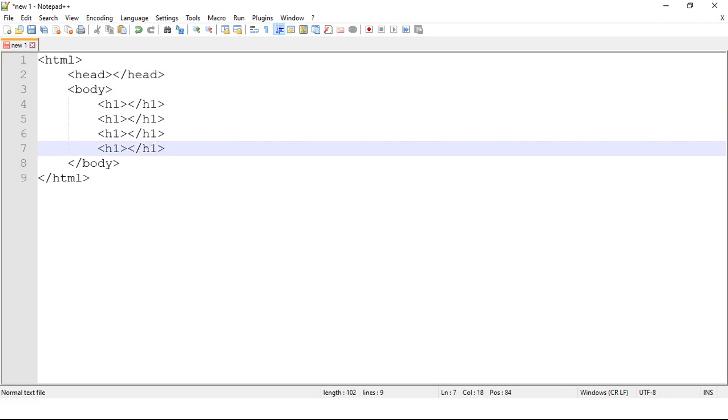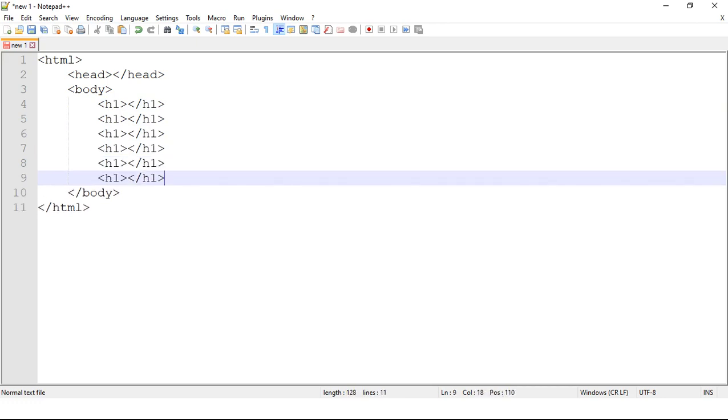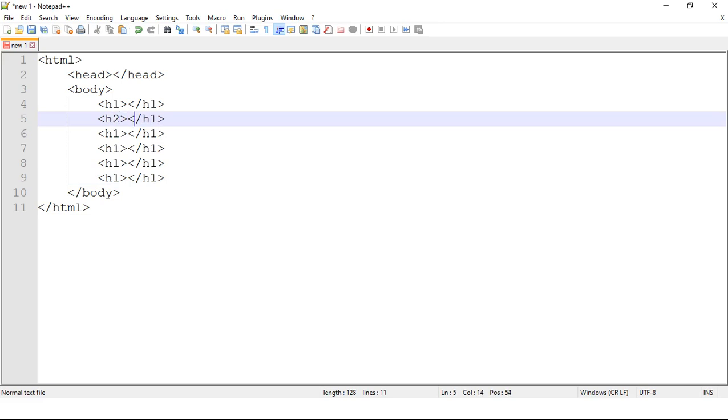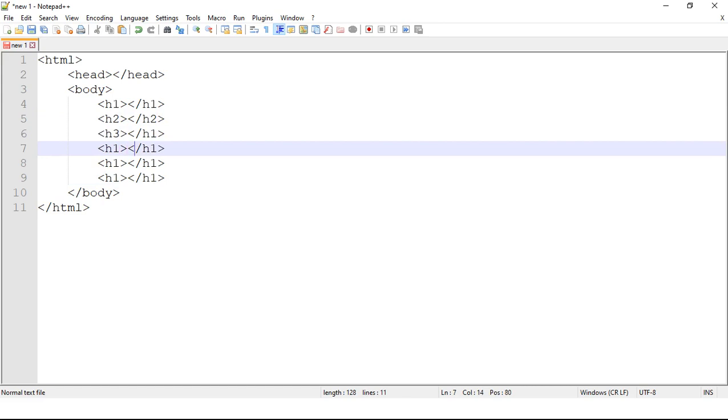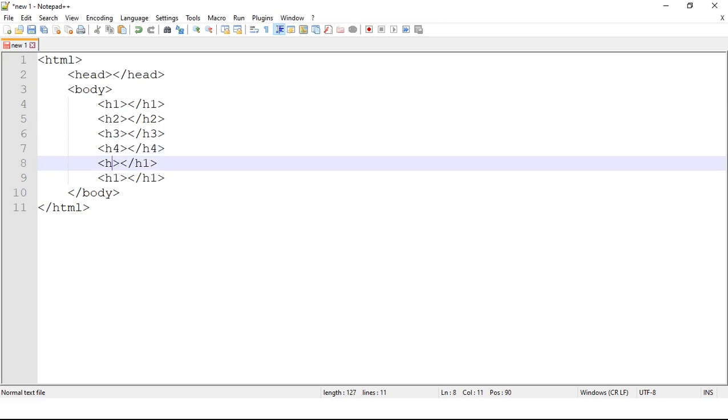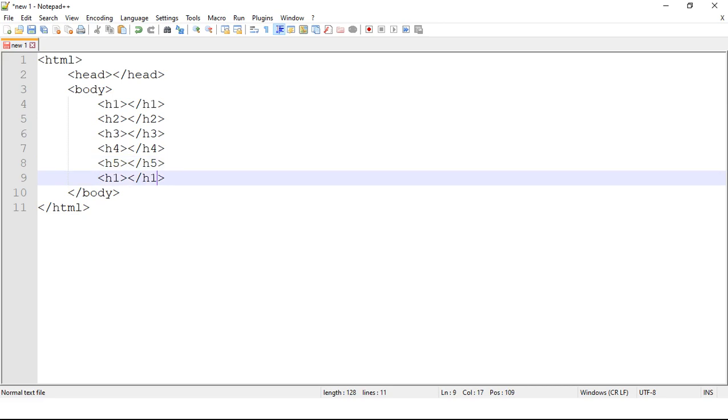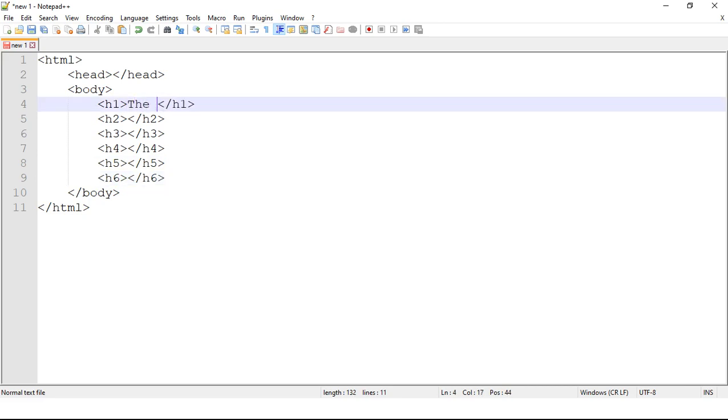See here, h2, h3 and here h4, h5 and h6. Content is the coding board. Okay, now see here.